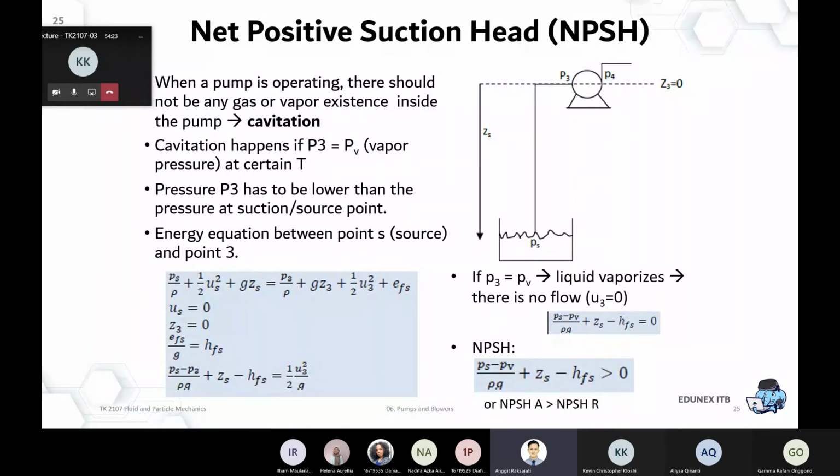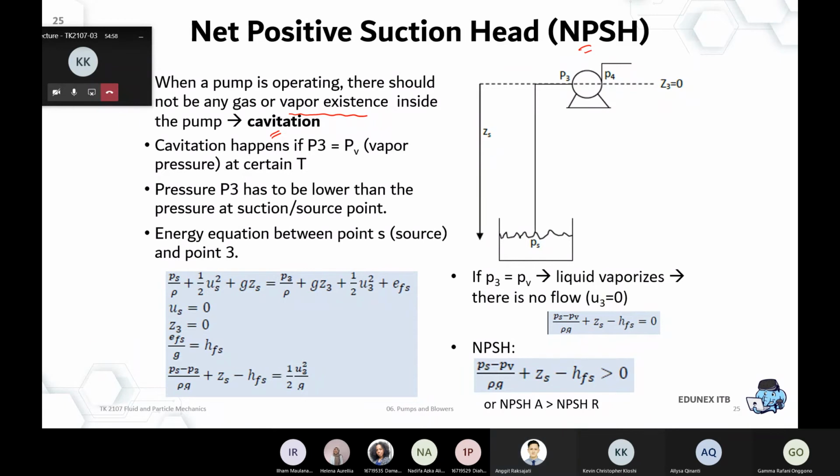Okay, let me finish these three slides, because I hope this is very important. And by next Thursday, we can go directly to the example. So this is a very important calculation about net positive suction head. Again, the concept is to prevent any cavitation. Cavitation will start when you have vapor existing in the pump inlet. You don't want that to happen. You want to prevent any vaporization.